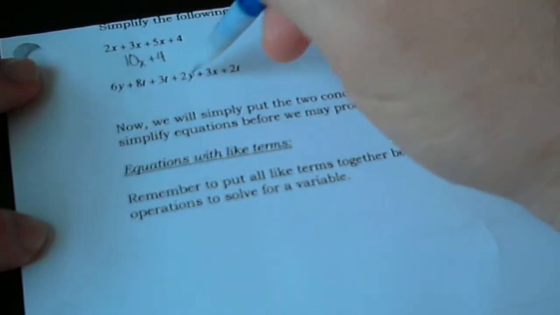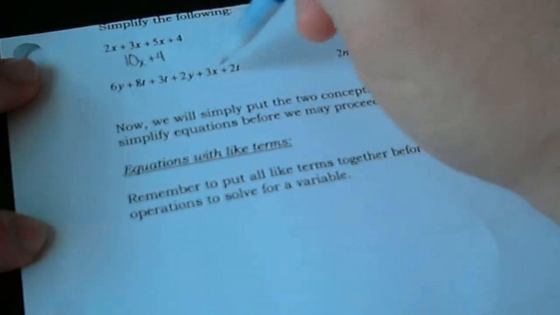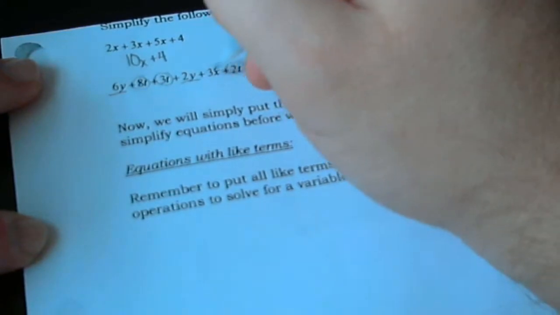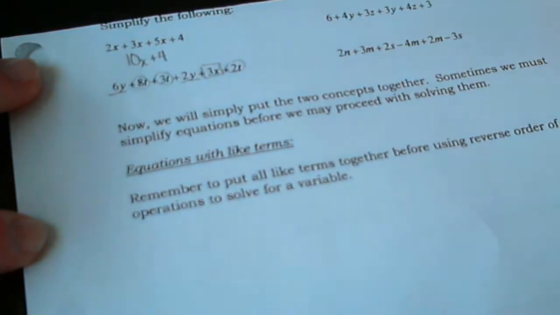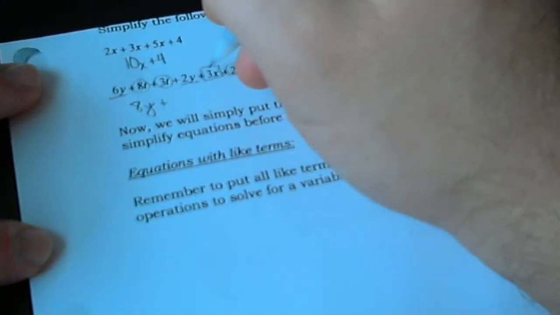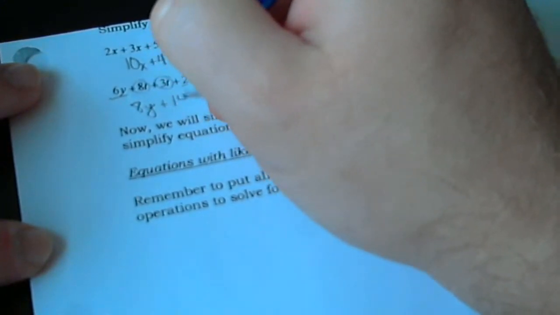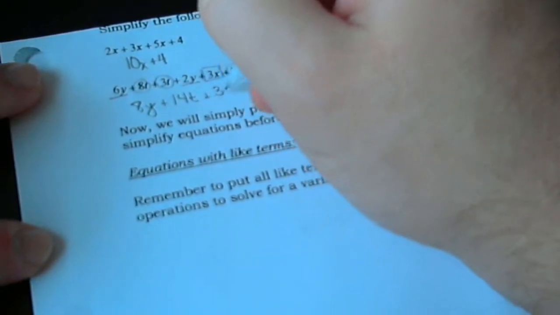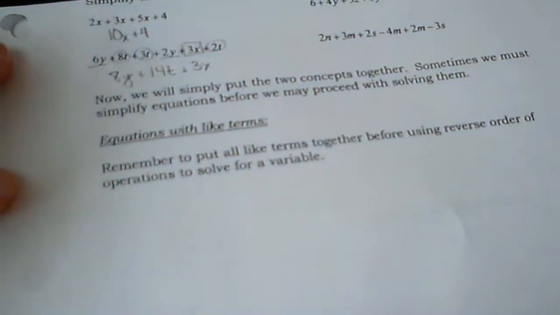Here we have y's and t's, and it looks like there's an x mixed in there too. So we're going to put the y's together, we're going to put the t's together, and then we have the x that's going to be just by himself. Okay, so 6y plus 2y is 8y. Plus 8 plus 3 plus 3, which is 14t. And then we have just the 3x at the end. So that's a quick review of